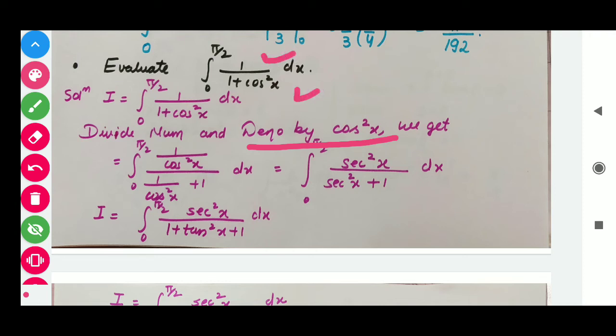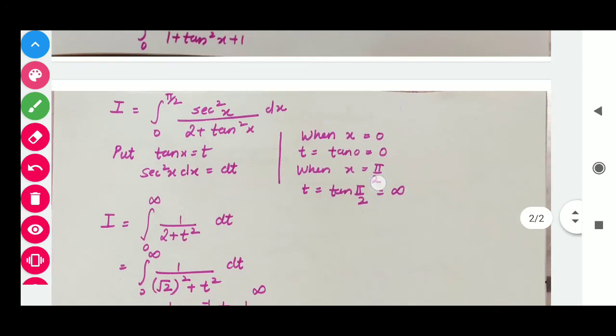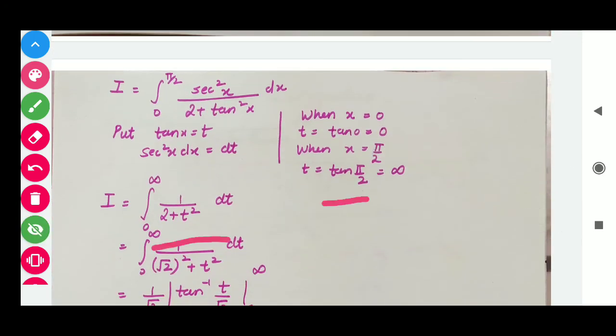So here, by dividing the numerator and denominator, we get 1 over cos square x, 1 over cos square x plus 1. Here 1 over cos square x is secant square x. So in the denominator we have secant square x plus 1. But students, convert the complete denominator in terms of tan. So by using the formula of secant square x, we write here 1 plus tan square x. In this way we get the integral of secant square x divided by 2 plus tan square x, and limits are